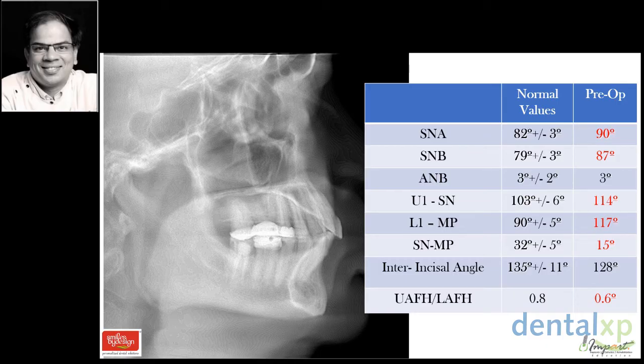I also would look at the ratio of the upper anterior face height to the lower anterior face height, which should be around 0.8. In this case, it's around 0.6. That means the patient's upper anterior face height is less than the lower anterior face height, and by increasing the vertical dimension here, I'm going in the right direction again to get the facial proportions right. So with that little background on cephalometrics, which is a key point in each and every full mouth rehab patient to decide whether vertical dimension can be increased or not, we'll go ahead and see how we'll apply this information in the next aspect.